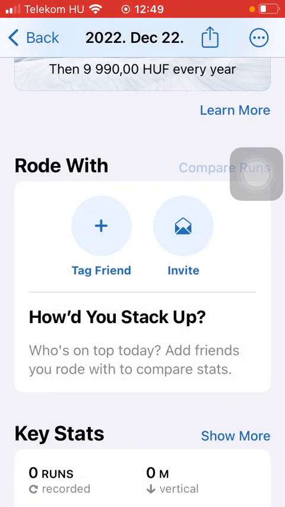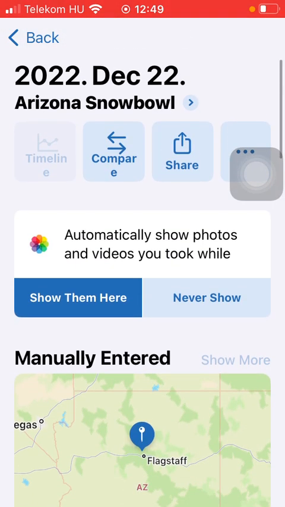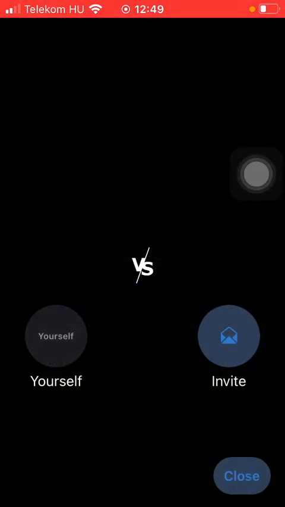So if you have added your friend, you can also compare your runs. As you go back to the top of the screen, you have this compare button. Here you have yourself, and if you want to compare yourself with one of your friends, then tap on this button and you will be able to